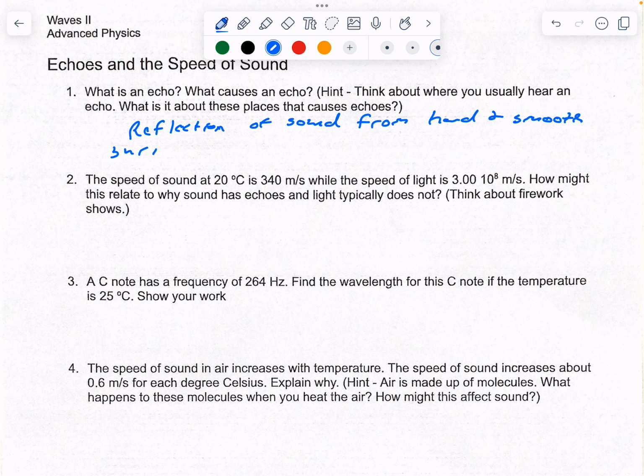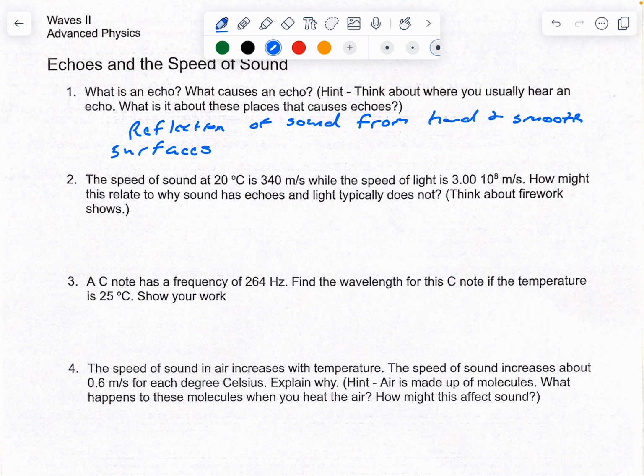Okay, so if you've ever been in a big empty room when there's nothing in there, you actually hear more echoes, because in a full room where there's people, objects, and stuff, a lot of those things absorb sound waves, so that's why you don't really hear echoes. It's like in a cave, there's nothing really in there besides air and hard walls. So an echo is basically sound waves reflecting off of those hard